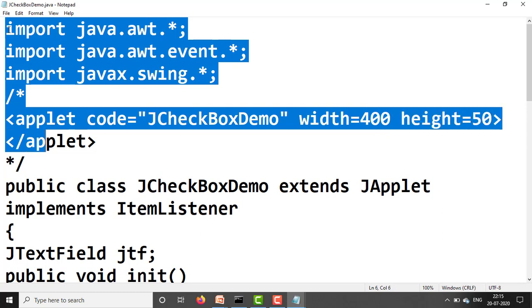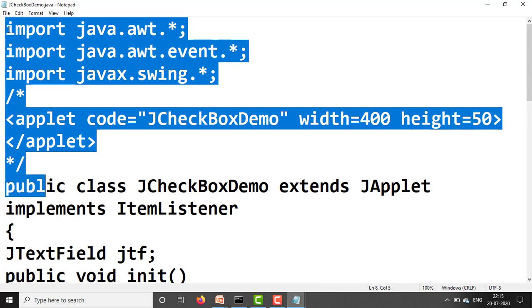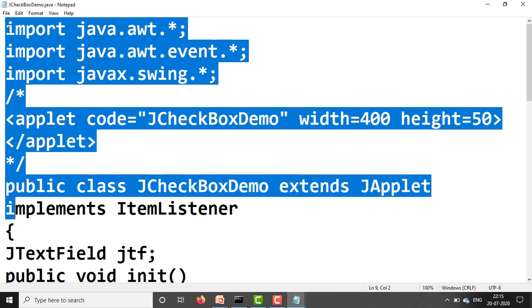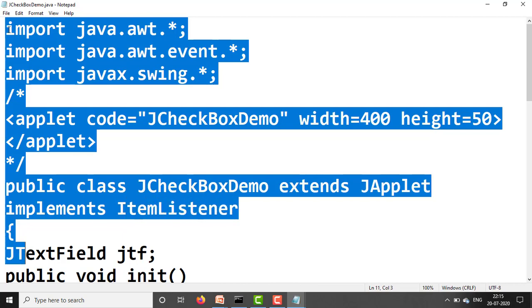Close the applet tag, close the multiline comment. Start the class: public class JCheckBoxDemo extends JApplet implements ItemListener. Checkboxes generate the item event, and to handle these item events we need to implement the ItemListener.